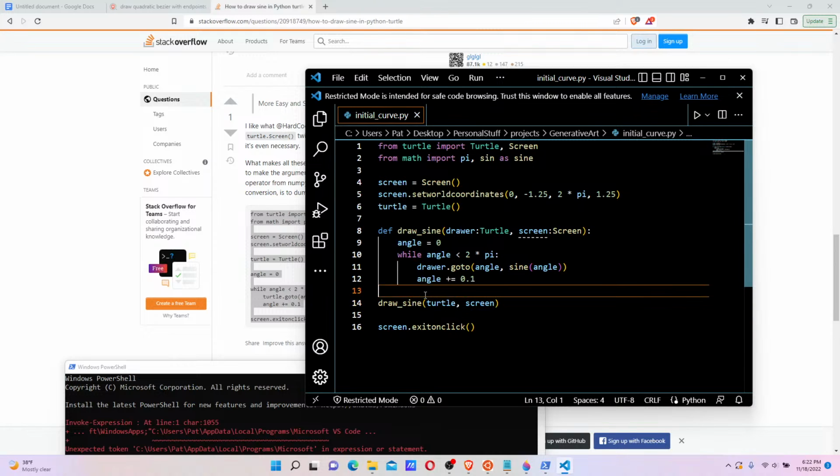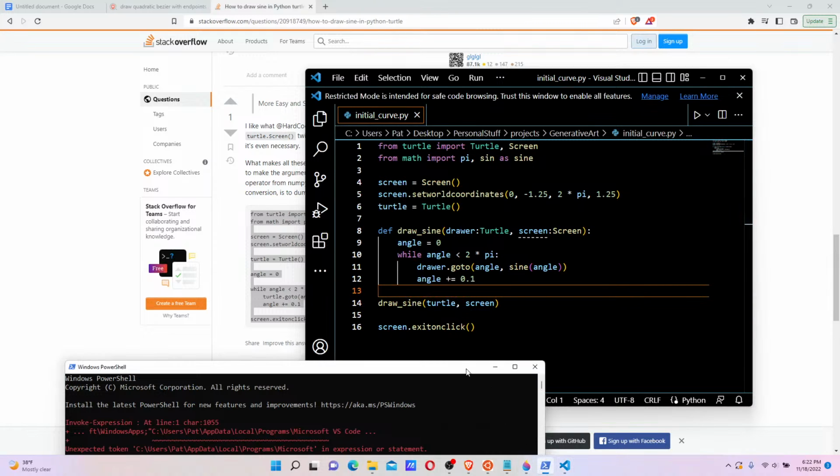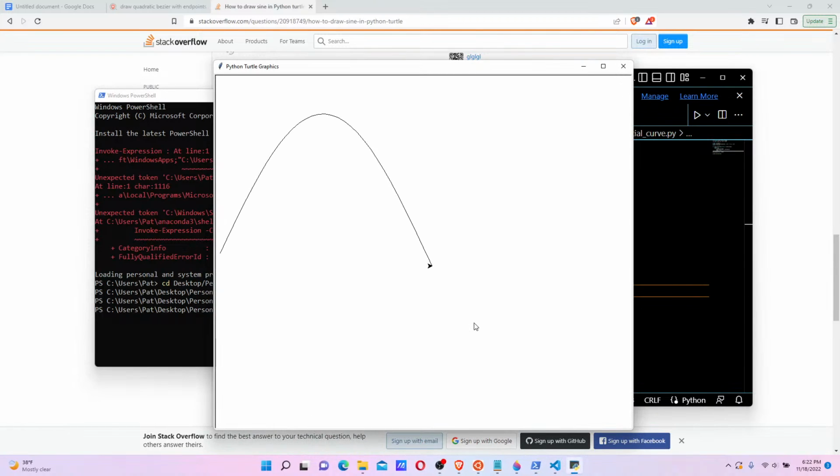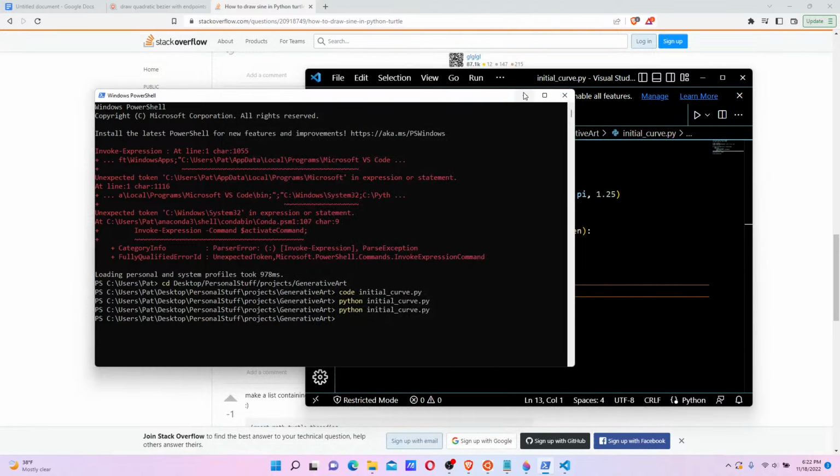Okay, and that should just output the same thing, just to check. Okay, very good. Now if we want to do a Bezier curve,